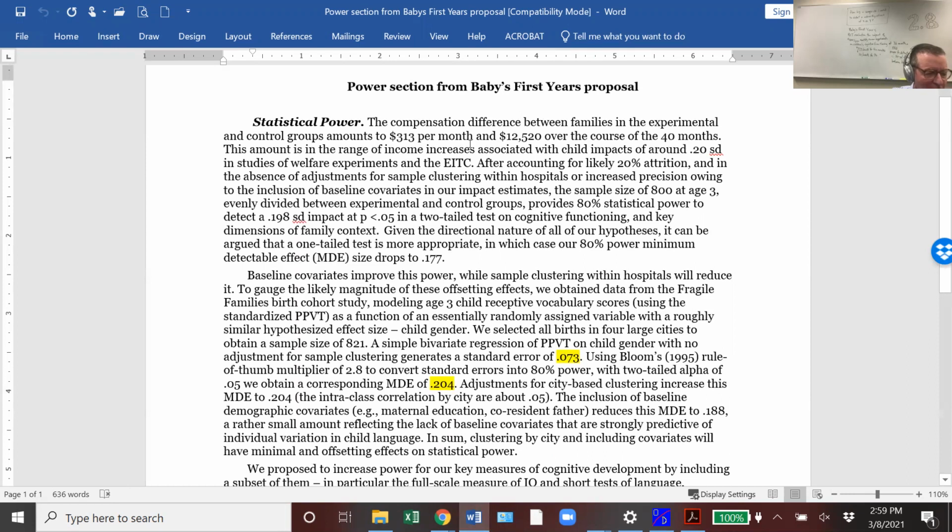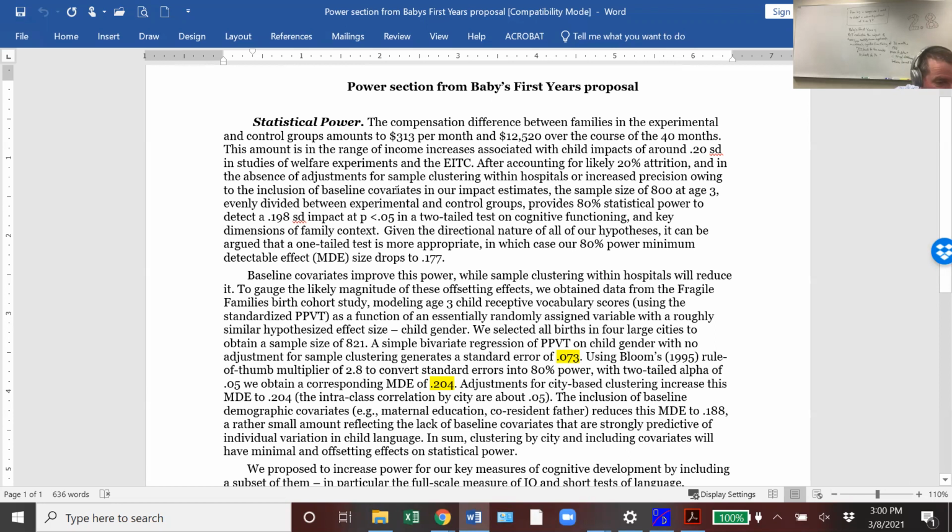power section said. Compensation difference between families in the experimental and control groups amounts to $313 a month, right? 333 minus 20, and $12,520 over the course of the 40 months. This amount is in the range of income increases associated with child impacts of about 0.2 standard deviations, right? That's what we get from literature in studies of welfare experiments and the earned income tax credit. After accounting for likely 20% attrition, and in the absence of adjustments for sample clustering within hospitals or increased precision owing to the inclusion of baseline covariates,